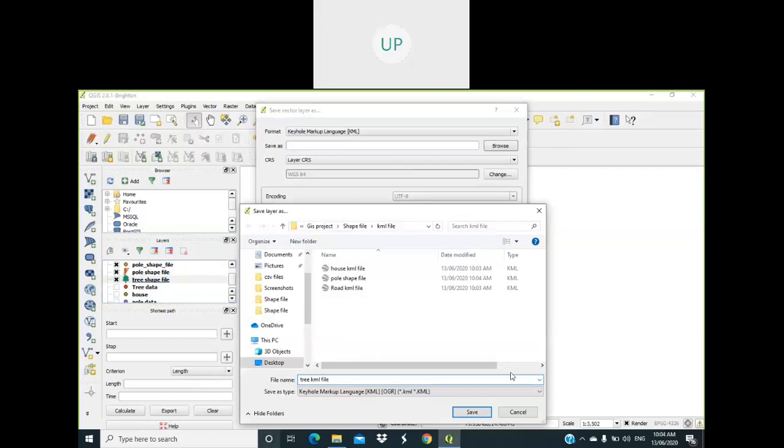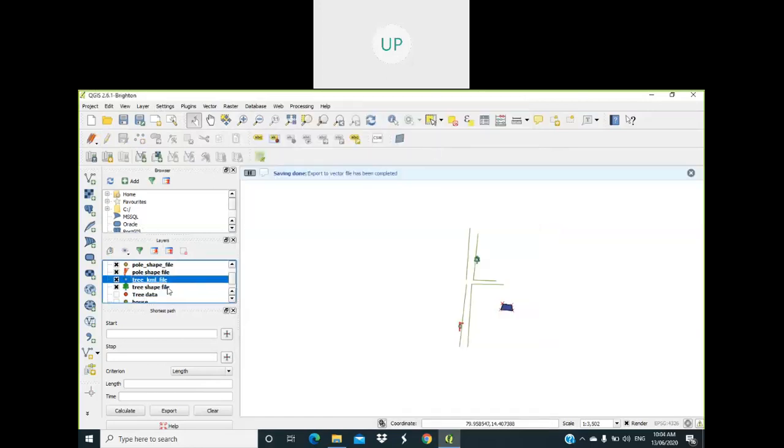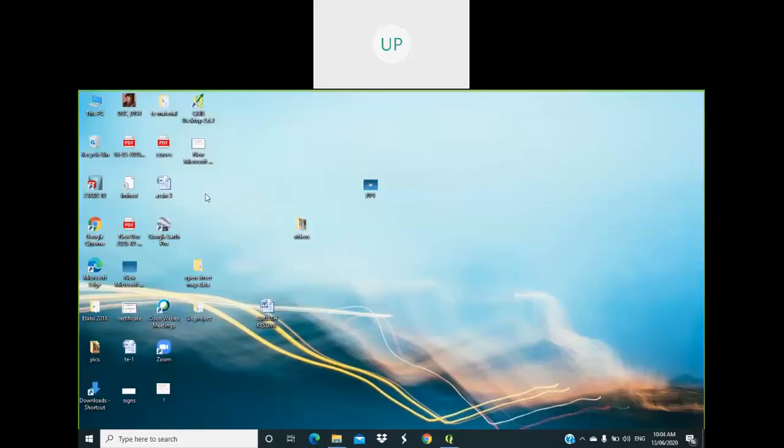Tree KML file. We have to convert all the shapefiles into KML files. Okay. So all the files are converted into KML files.